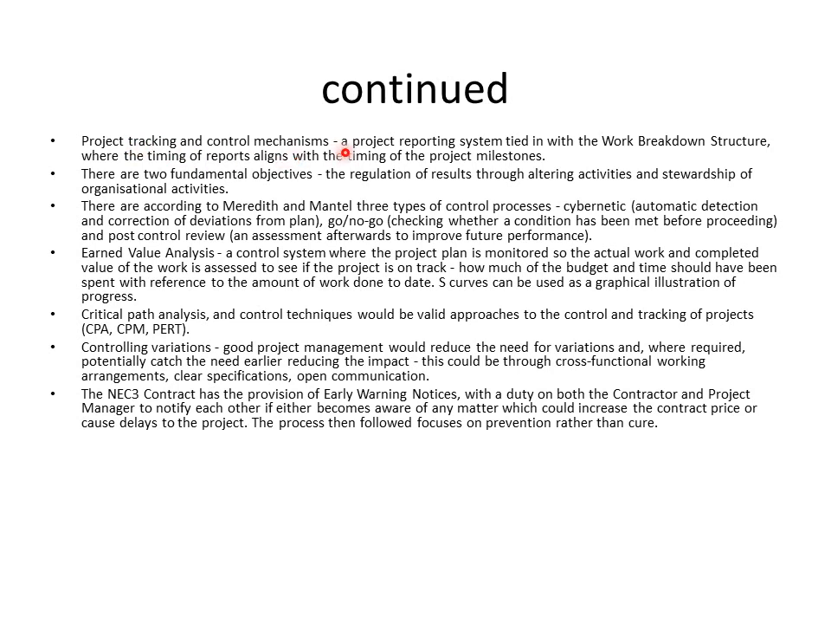Project tracking and control mechanisms: work breakdown structures, control processes, earned value, which we've discussed. That's always a good part of any answer on this section. Use of critical path analysis, controlling variations, and NEC uses early warning notices. So this is an information system